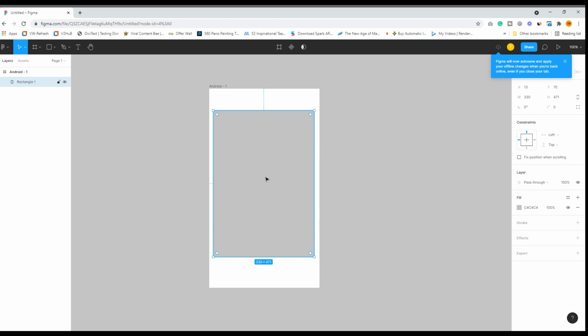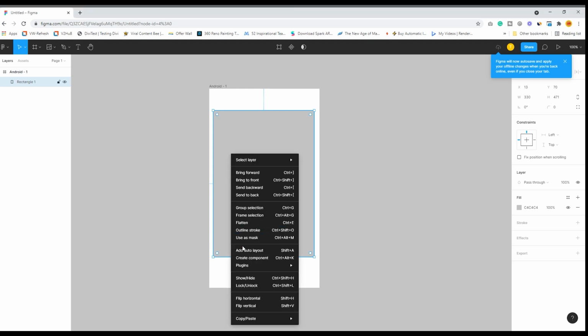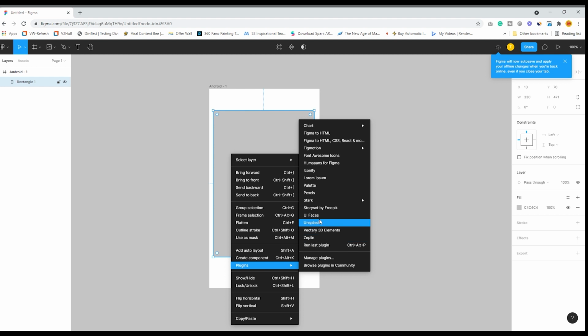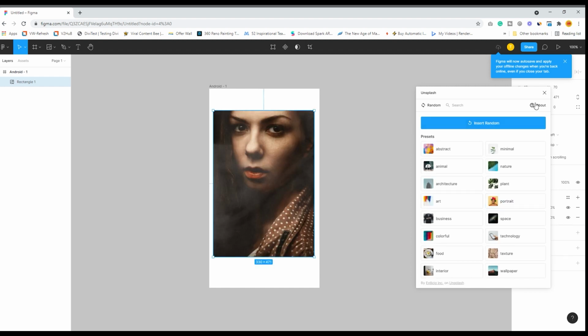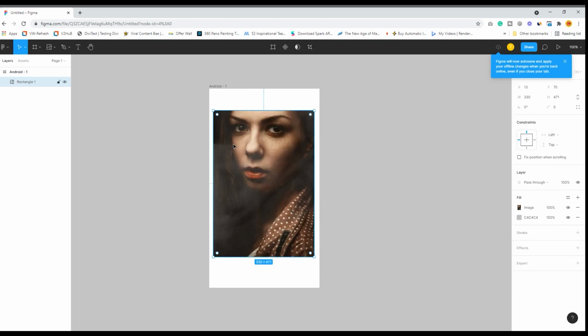I create a rectangle and I place an image. I can right click over here, go to plugin and use any image from Unsplash. I take this portrait, and this image comes over here. Well, great.